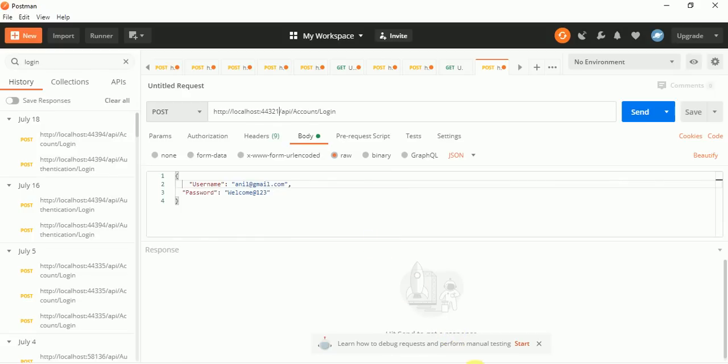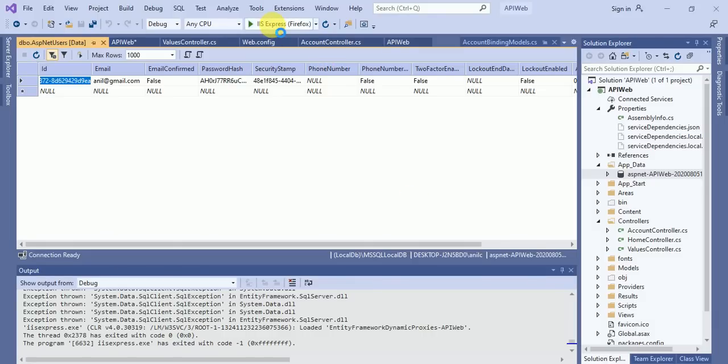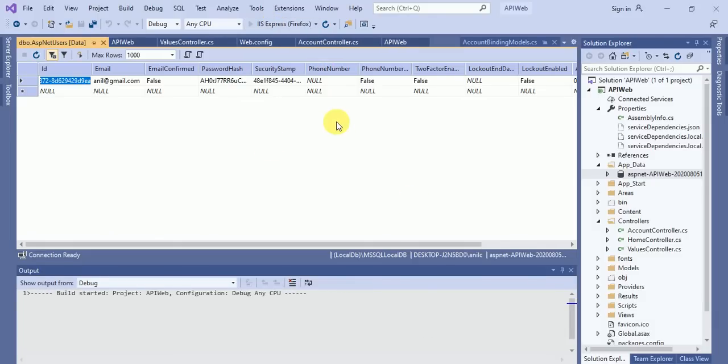Now actually we have to run the application. Click on this IIS Express.